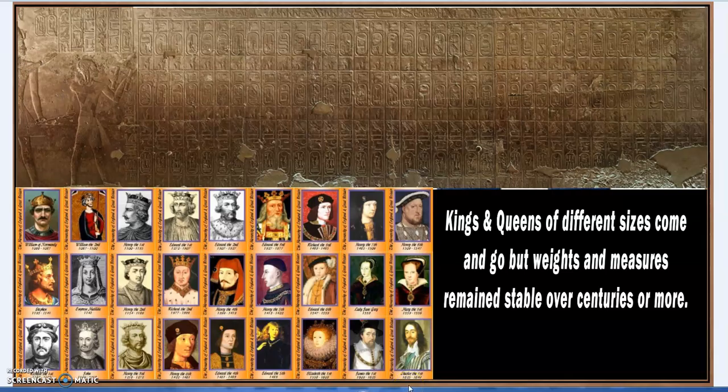So kings and queens are all of different sizes. They come and go, but weights and measures remain stable over centuries or longer. For instance, many kings in Egypt, or the kings and queens of England, they're all different sizes. They're all different ages when they come in. It's just not done to base it on an actual person. Maybe you would take the idealized measures and then store it in stone or an iron bar or a copper bar, something like that, to preserve, and then you can make copies and distribute it to every marketplace,